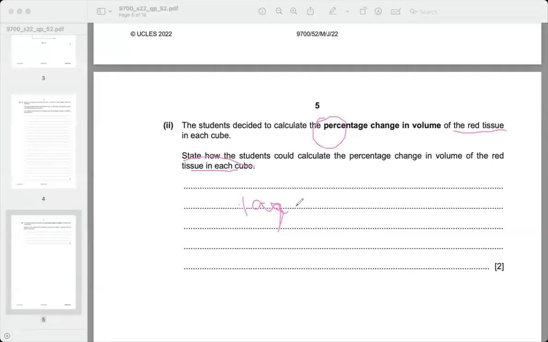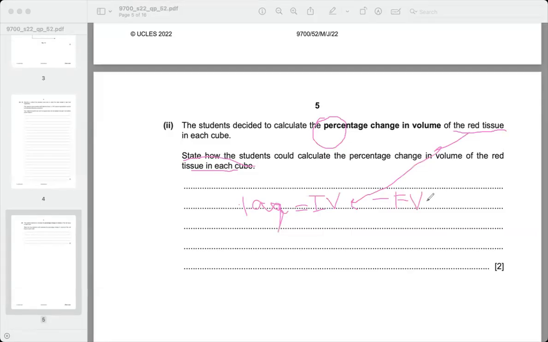So everything that matters for 2 marks is the formula which you are going to write. The formula for any type of percentage is usually the initial volume. But because we are talking about this specifically, we have to write the initial volume of the red tissue in each cube minus the final volume